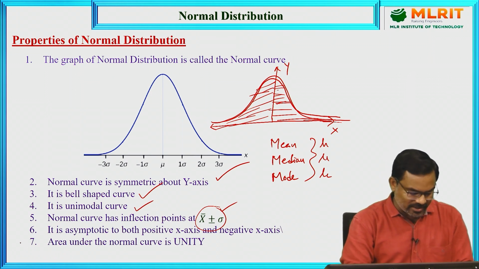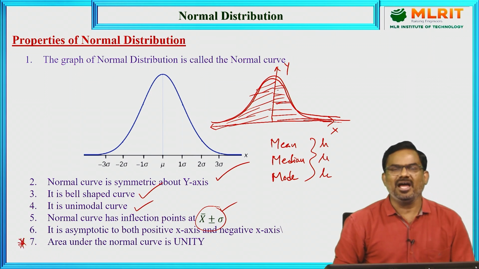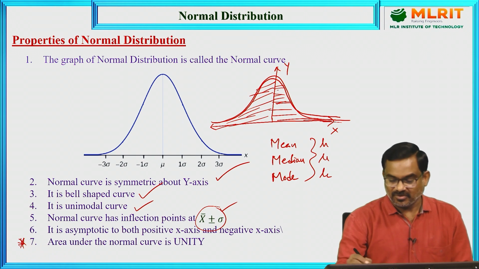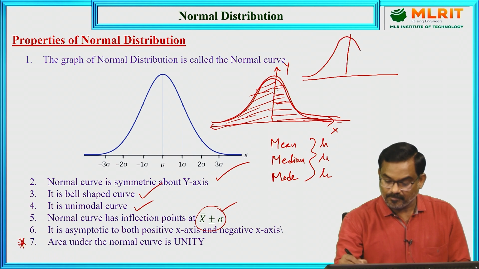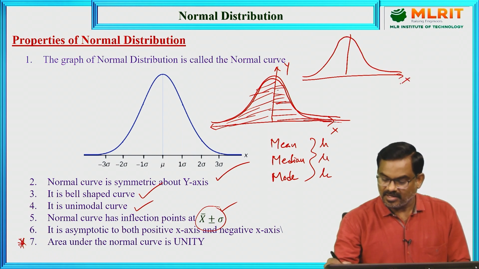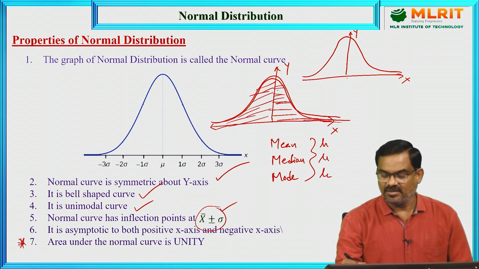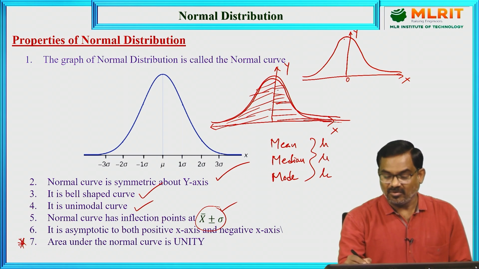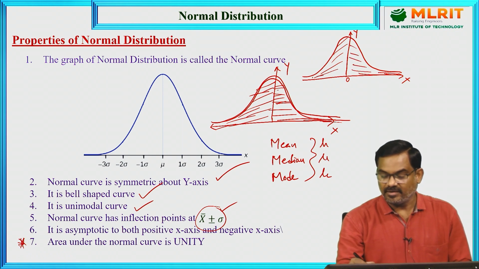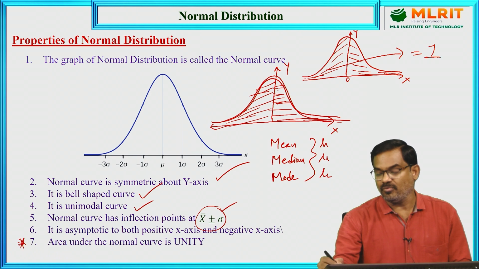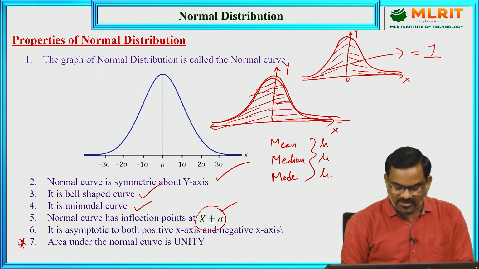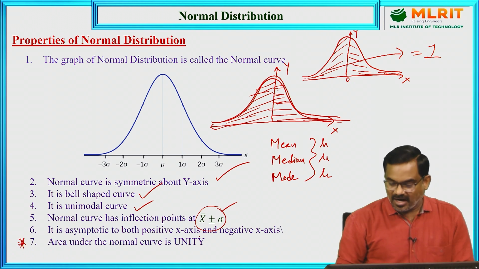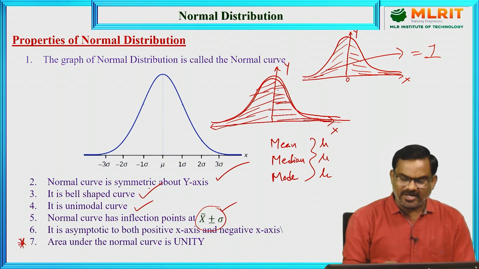And the most important property is that the area under the normal curve is unity. So that means, again, let me draw the normal curve, x-axis, y-axis, with the origin. Now the area under the normal curve, this total area, is equal to 1. So the area under the normal curve is unity, and since the curve is symmetric about the y-axis,